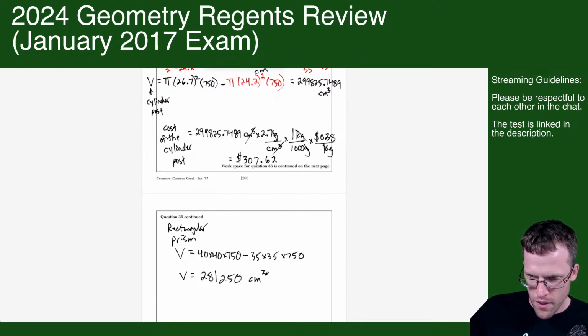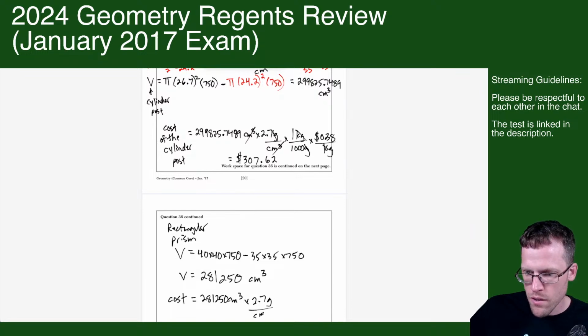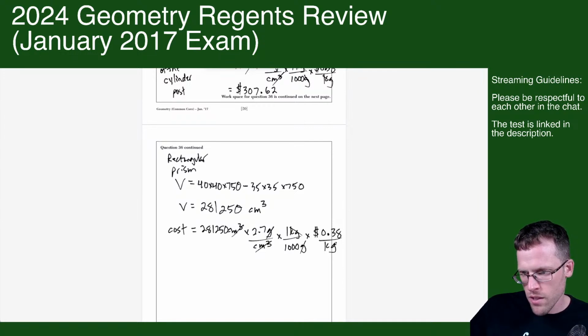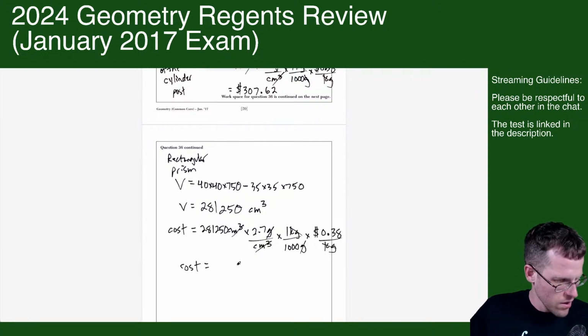All right, almost done. And now same craziness here. The cost, I'll just say cost this time. I don't feel like writing all that again. So the cost is going to be 281,250 cubic centimeters times 2.7 grams per cubic centimeter times 1 kilogram per 1,000 grams times 38 cents. Like this, units cancel. See, centimeters over cubic centimeters is gone, grams over grams, kilogram over kilogram. And if you do this times 2.7 divided by 1,000 times 0.38, the cost here would be